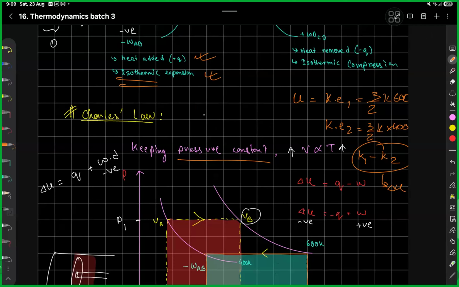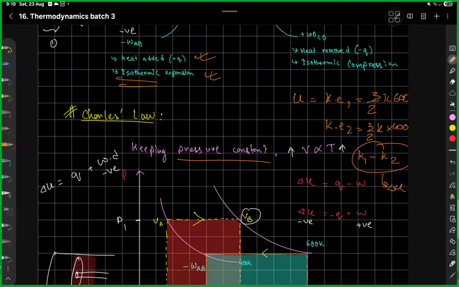But Q is heat energy, right? It's not temperature. Exactly. Q is just heat energy, not the temperature. It denotes how much energy I've transferred, right? So let's say